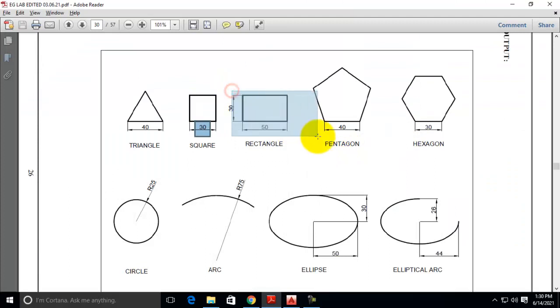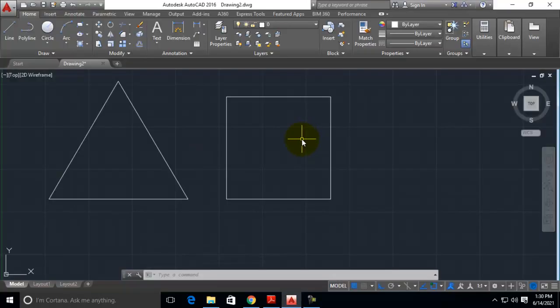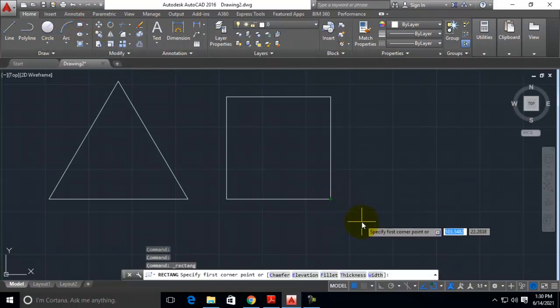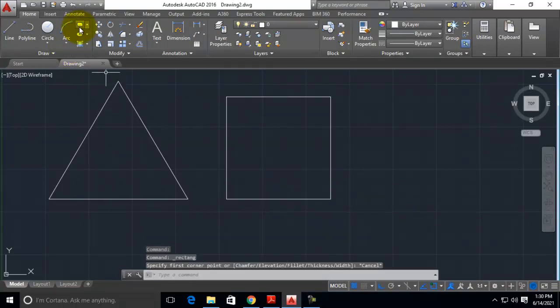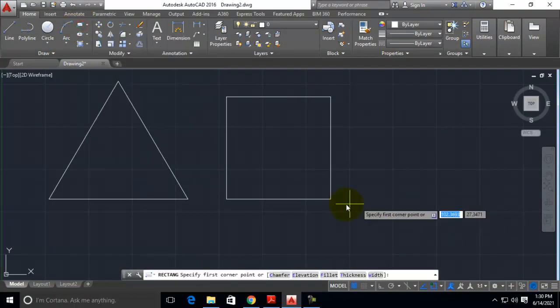Similarly we can draw a rectangle, but for drawing a rectangle I am going to use the rectangle command itself. You can draw a rectangle using the line method also. Right now I am going to draw the rectangle using the rectangle command available in the draw panel. In the draw panel, the rectangle command is there, click on it.